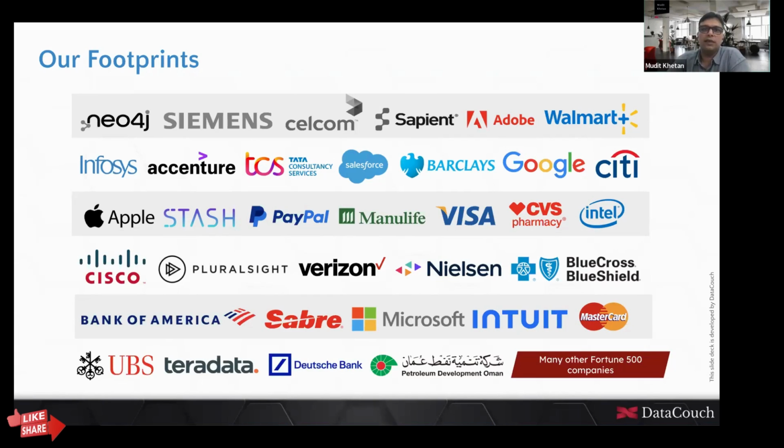When it comes to, let's say, technology giants, we have companies such as Neo4j, Infosys, Accenture, TCS, Apple, PayPal, Microsoft, Google, and so on, for which we have given these services. When it comes to financial services, you can see companies such as PayPal, Manulife, Visa, Verizon, and UBS Bank or Deutsche Bank, and so on. When it comes to pure play IT companies, we have delivered trainings for Cisco or Apple or Microsoft, and so on, and Google. So not only are we present in different domains, we are also present in different industry verticals. And these include many, many companies in the Fortune 500 list of the world.